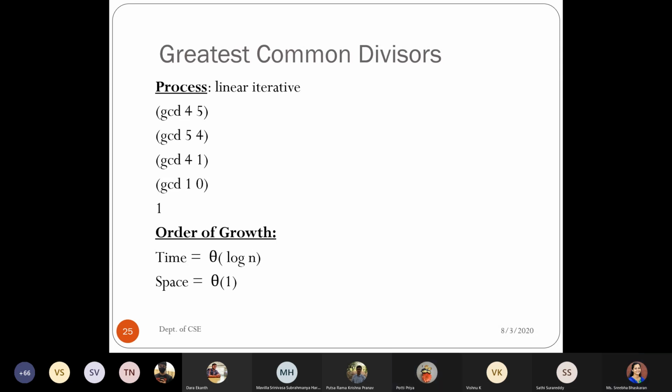Yes or no? Yes, the number of steps. But then we weren't checking the number of arguments, no? We were checking the total space occupied, no, ma'am. The total space occupied is changing, so you see, we will be checking the size itself, at a time, what will be the size for each call. That will be space complexity, ma'am.